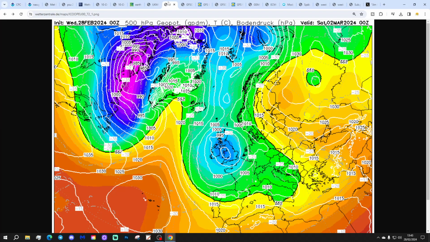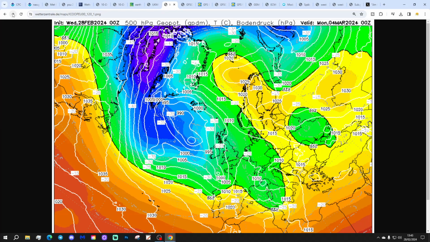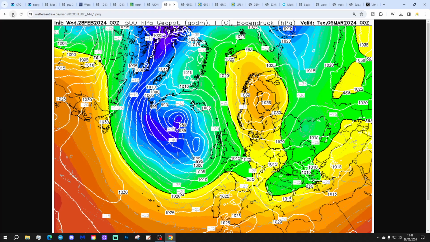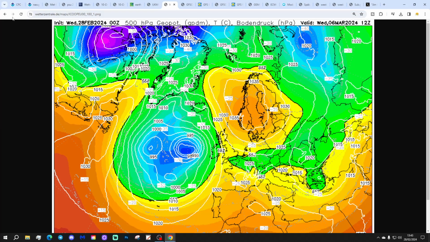Icon, again, looking like that with the trough of low pressure sitting over the country, bringing showers, long spells of rain, and possibly some slight wintry conditions as well through the weekend. On into Sunday, again, we keep that trough over the country, cool and unsettled. For the early part of next week, low pressure starts coming in from off the Atlantic, turning milder, wetter and windier. That's set up by the time we get through to Wednesday, 6th of March. By then, it looks like the high pressure is beginning to take over across Scandinavia. These areas of low pressure in the Atlantic are starting to become more blocked by that area of high pressure to the east.